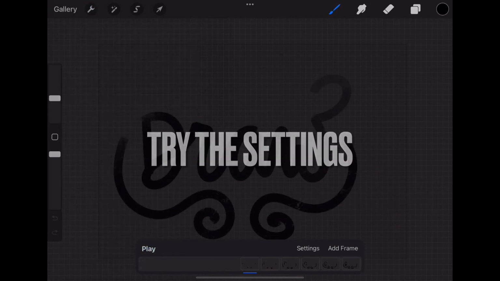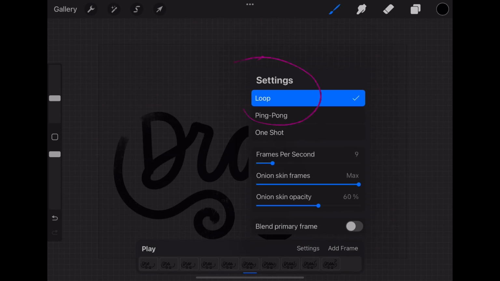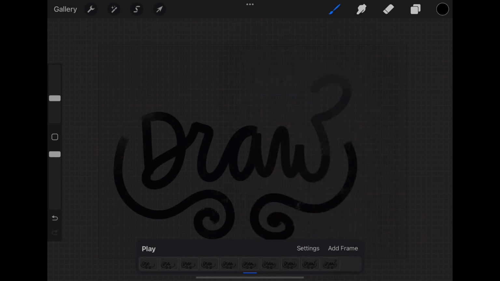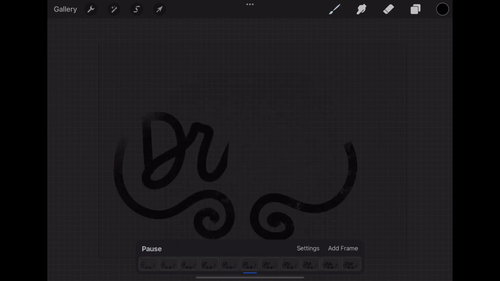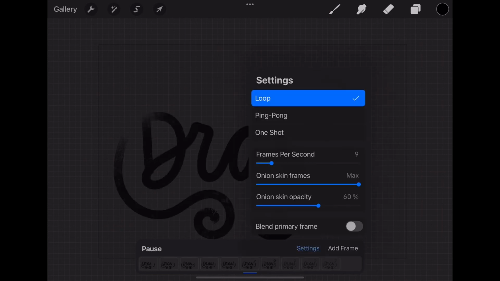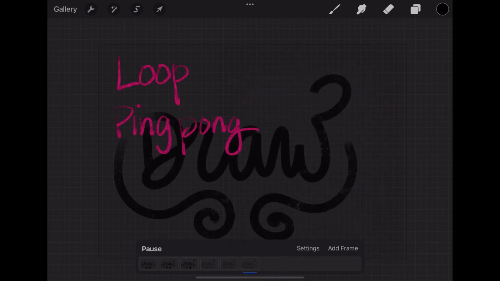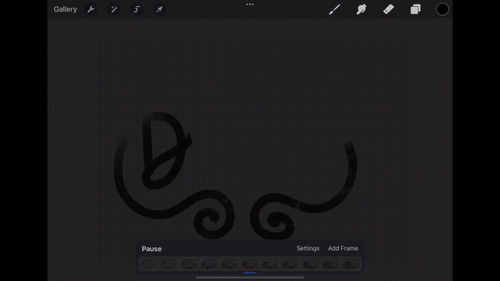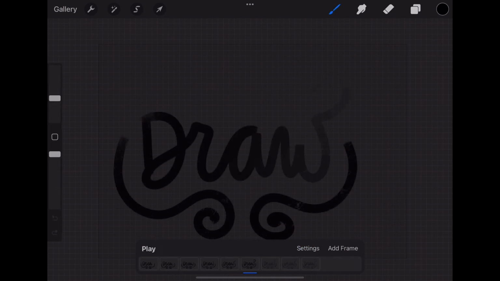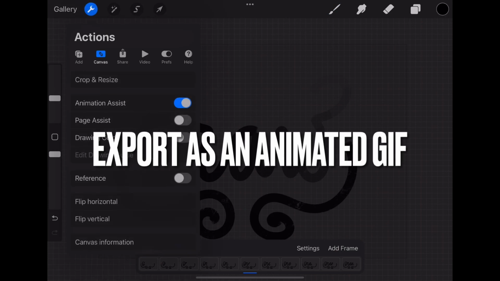When you turn on Animation Assist, it will turn groups into frames. If you don't have groups, it'll turn layers into frames. And now play with the settings. So you'll see here I'm switching between settings. I'm doing a loop, I'm doing a ping pong, and I didn't do one shot because I do want it to be a continuous animation. We'll turn these into animated GIFs. And then test it out, see if you think it goes too fast, too slow,